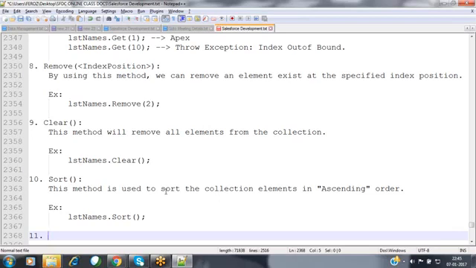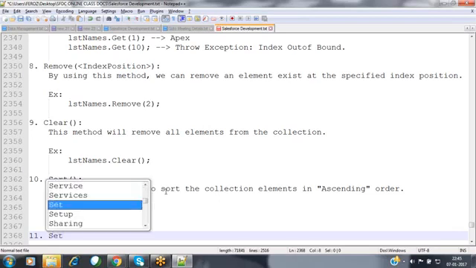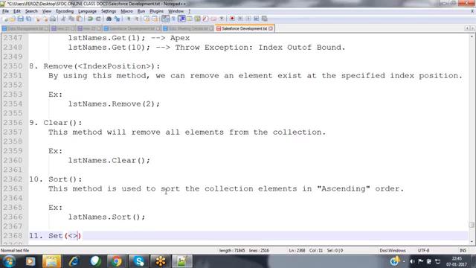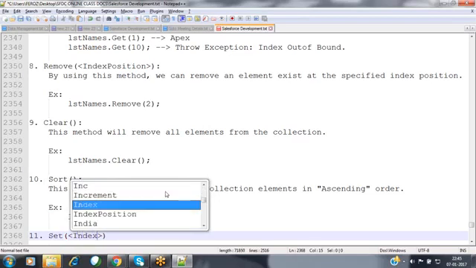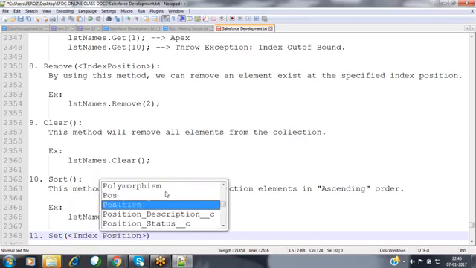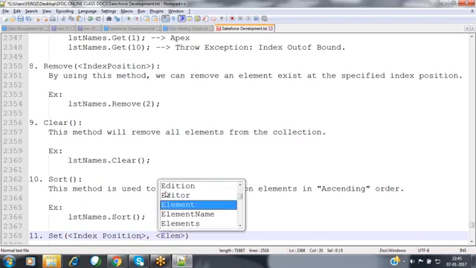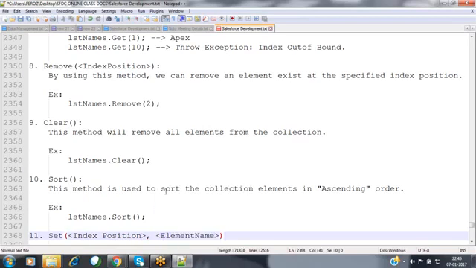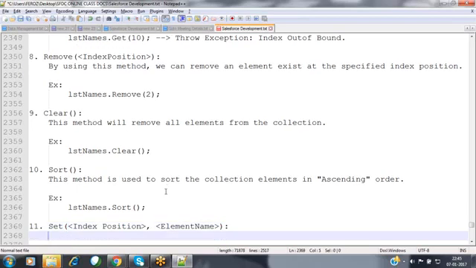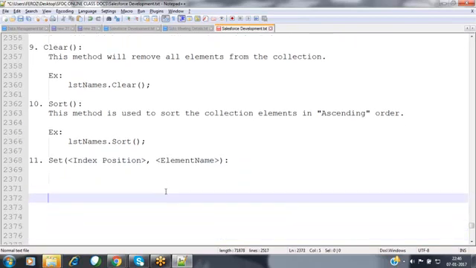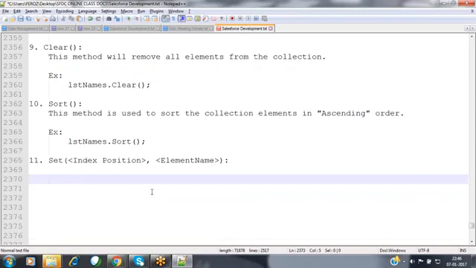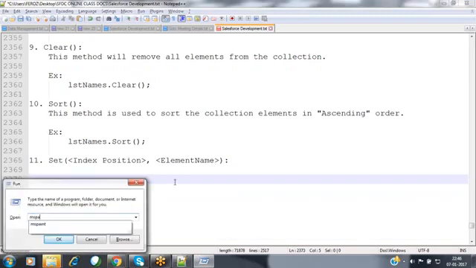The next method is the set method. In this set method, we have to specify the index position, and the second one is the element name. So what exactly is the use of the set method? Suppose, for example, assume that I'm having a collection.